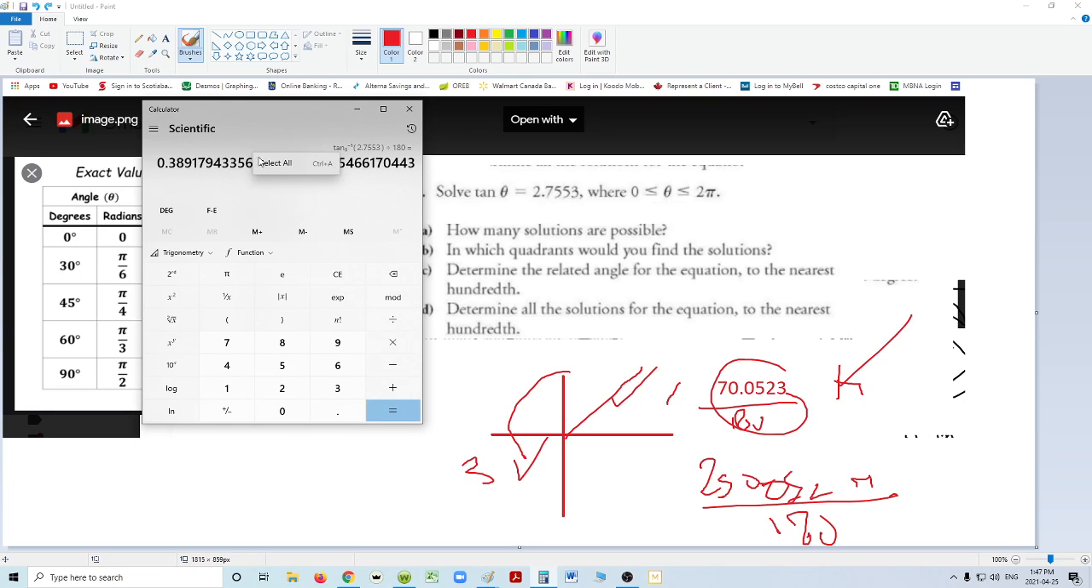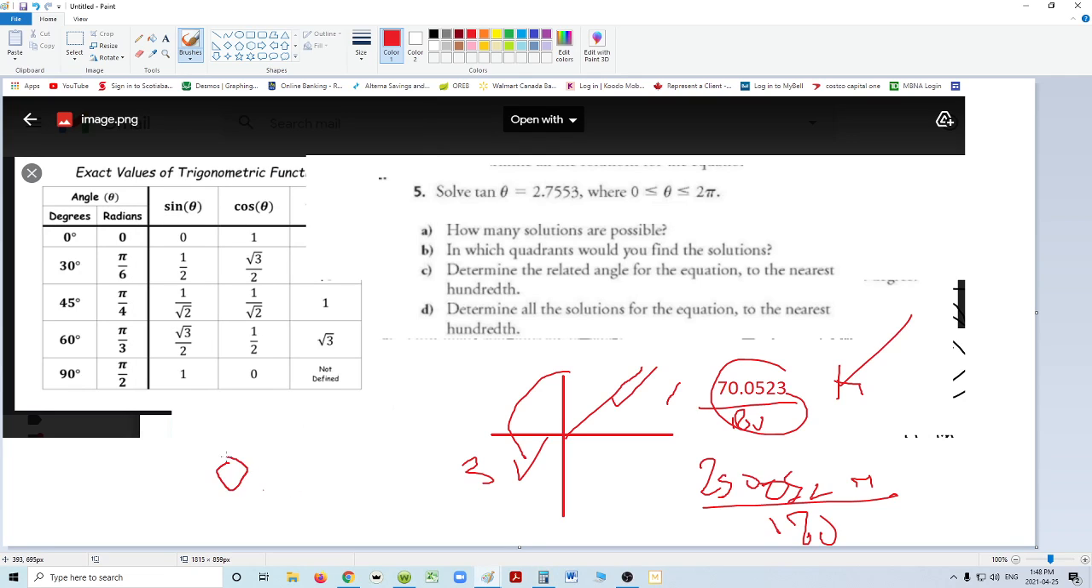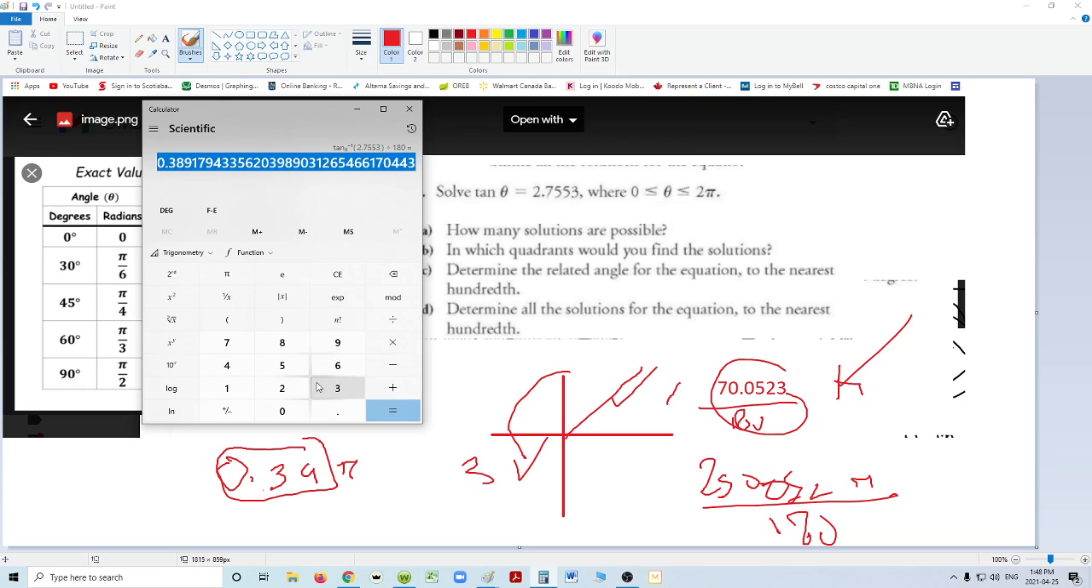Okay, and to 4, I think they want it to the nearest hundredth, so that's the second degree. So that's 0.39. So 0.39 pi is essentially 4/10 of a pi, or 2/5 of a pi, almost. And the other one, which is